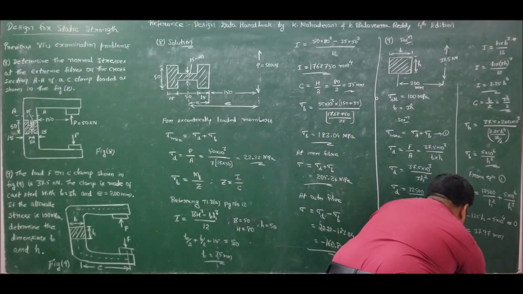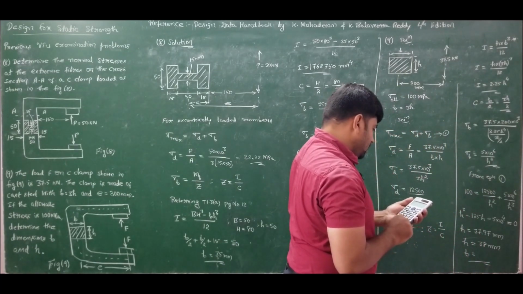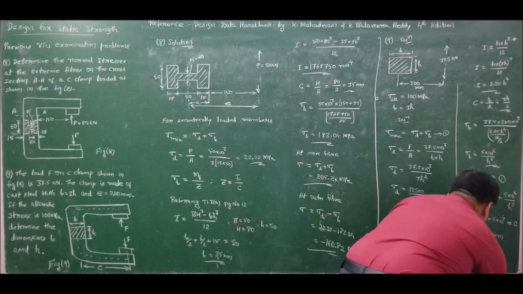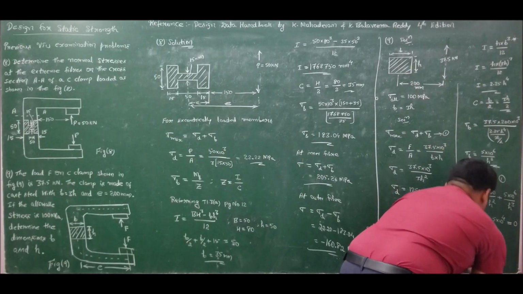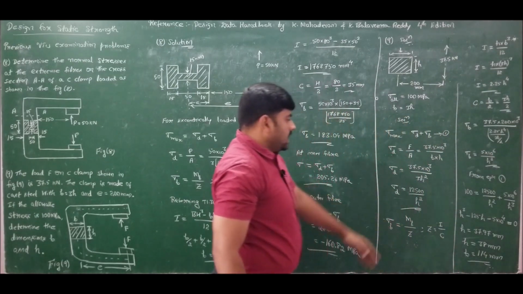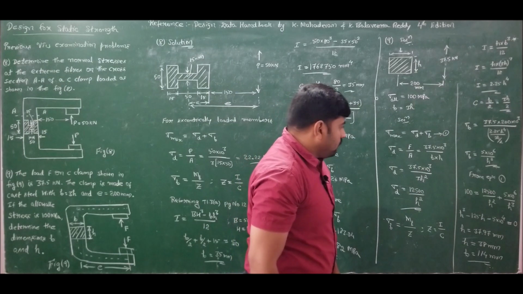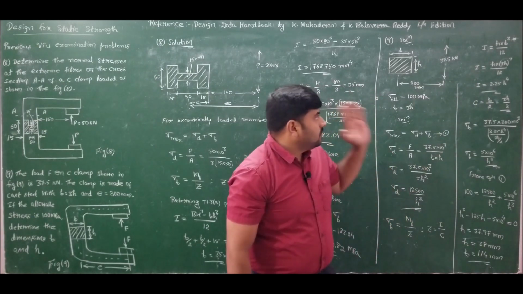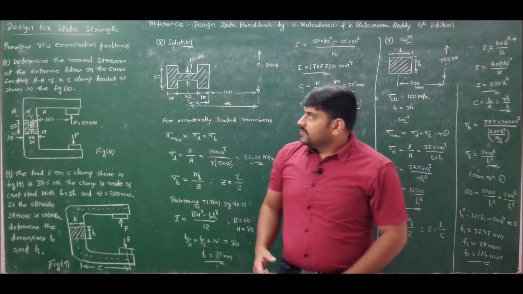So hence I can take h as 38 millimeters and b is equal to 3h. It is 38 into 3, which is 114 millimeters. So the solution for this problem is h equal to 38 mm and b equal to 3h, which is 114 millimeters. So this is how we should solve the problems on C clamp, which I have also explained